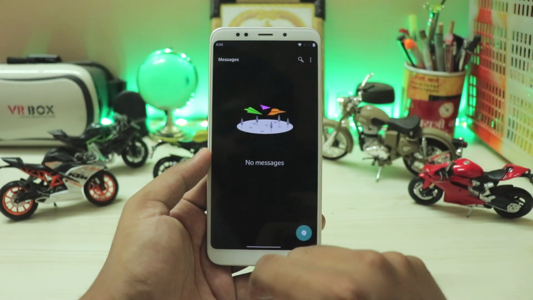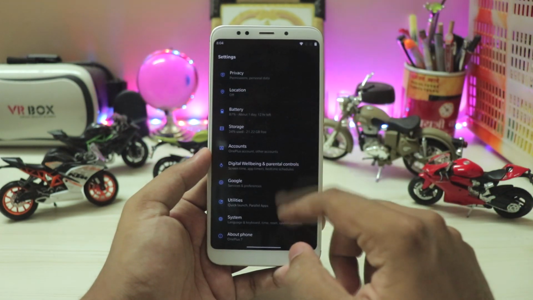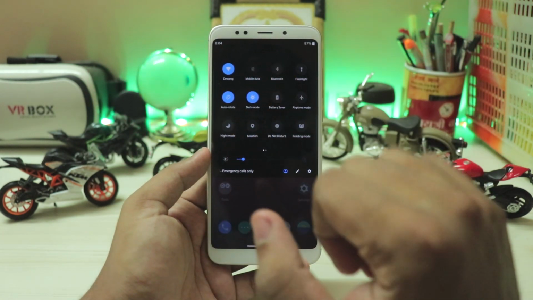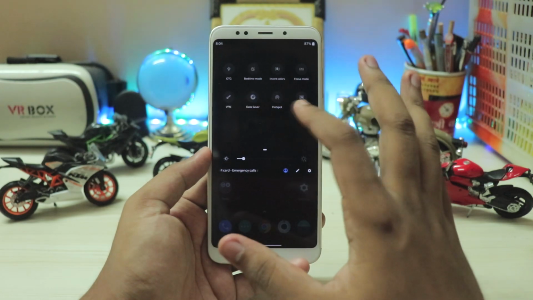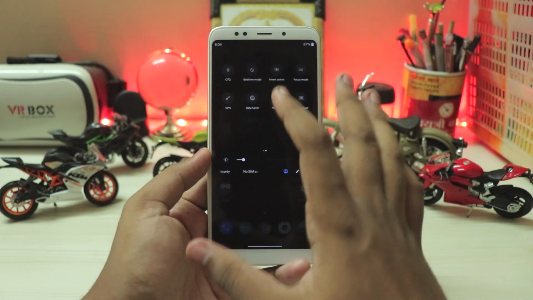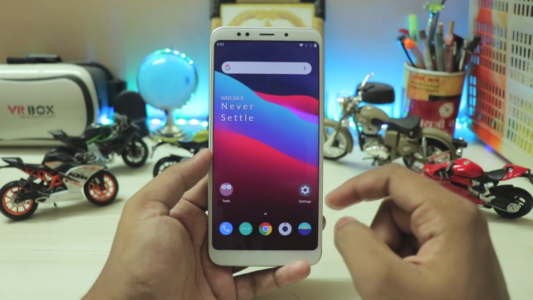Dark mode, as you can see, completely just works fine. Even for other apps, as you can see, now they have the complete Android 10 wide dark mode system. Then again, you have more toggles with a bit of a revamp, but you can't notice it more. You also have the bedtime and everything, like from the Digital Wellbeing. But coming back, you have just your normal Oxygen OS. There is not much to it.